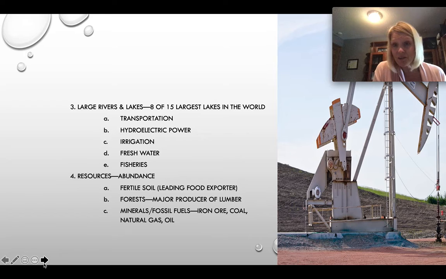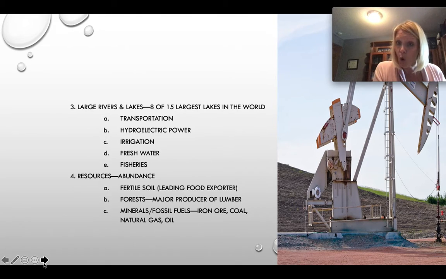We have a lot of iron ore. If you've, again, ever been up to, and this is where, if you remember from the slide before when I talked about the Canadian Shield, the Canadian Shield is around, and I'll have you identify where the Hudson Bay is. The Canadian Shield extends way down from the Hudson Bay, even into parts of Minnesota, of northern Minnesota. And so if you've ever heard of the Iron Range, it is very rich in iron